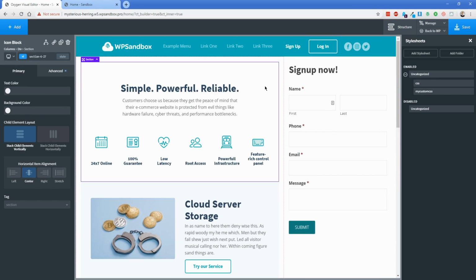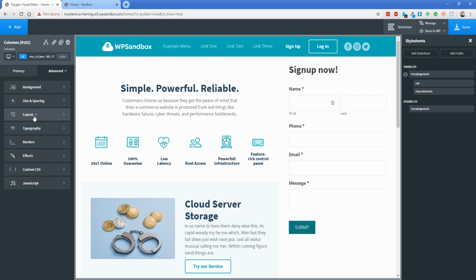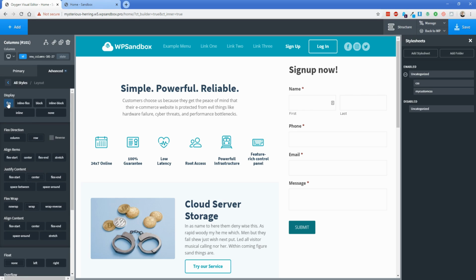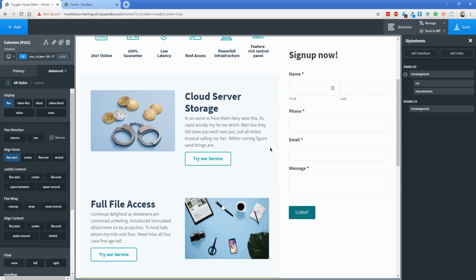And you'll see that even though we added the class and that style sheet, the sidebar is still not sticky. So what we need to do to actually make the sidebar sticky is choose our main column element and then go to Advanced Layout and make sure the display is set to Flex. And then what you have to do is change align items to anything other than stretch. So Flex Start is going to be totally fine. It shouldn't make any changes to the layout of your content. And then if you scroll, you can see our sidebar is now sticky.